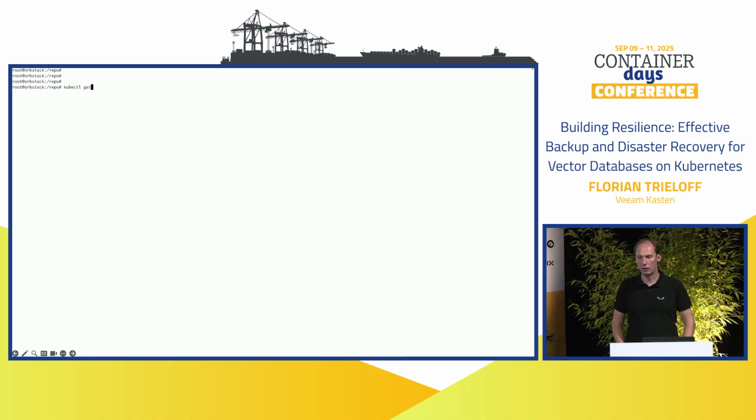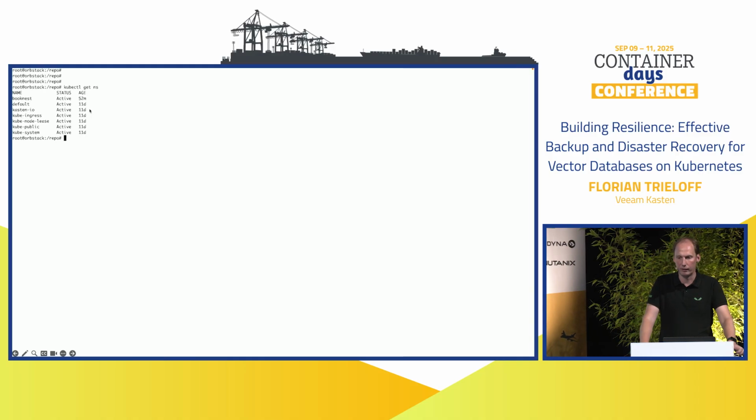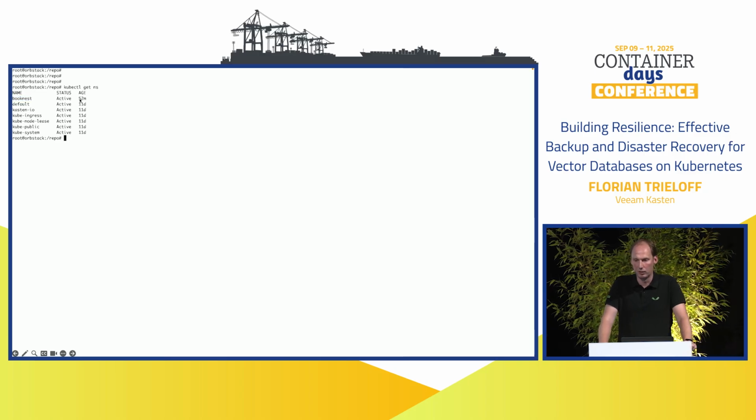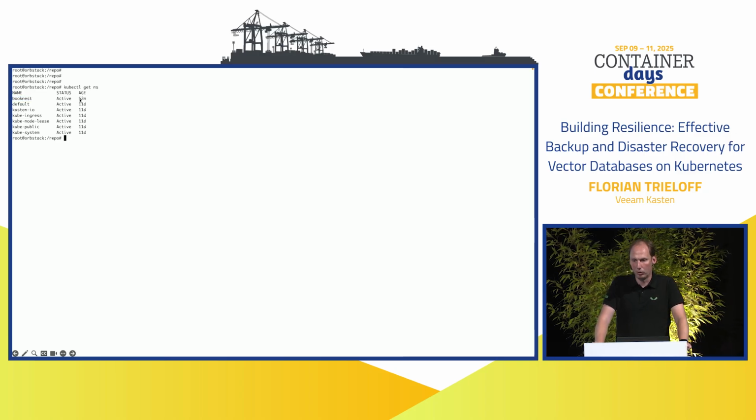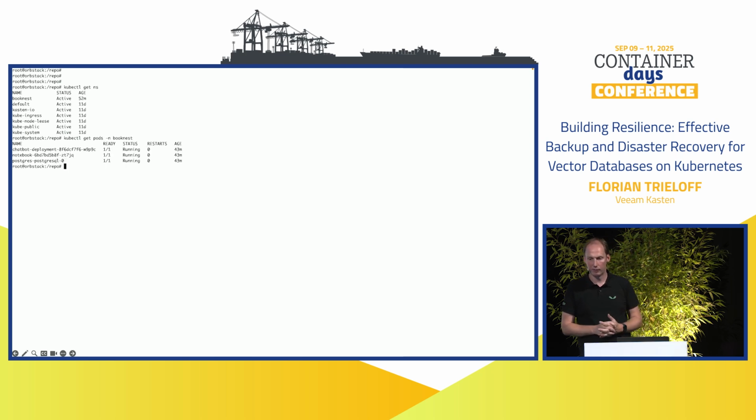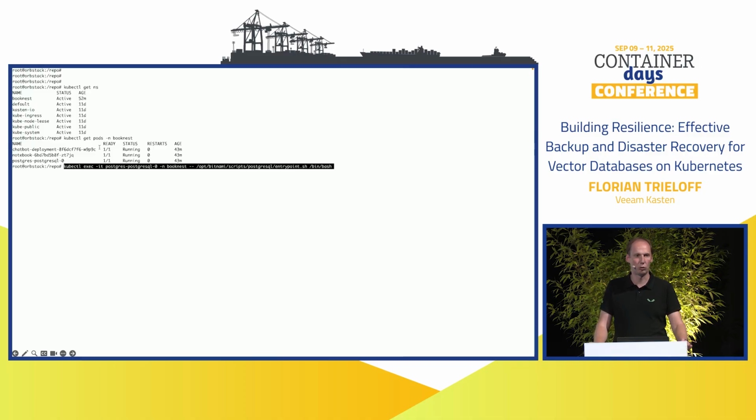If you look at the Kubernetes system itself, we can look at the namespaces. We have everything in booknest, and we also have Kasten IO deployed here for all the backup stuff in this environment. There are also some other workloads here, but it is just interesting that we have the booknest namespace. If we go to the pods of booknest, we can see the chatbot deployment itself. There's the Postgres database running here. It's just a simple Postgres, no HA system or stuff like this, and the notebook here.